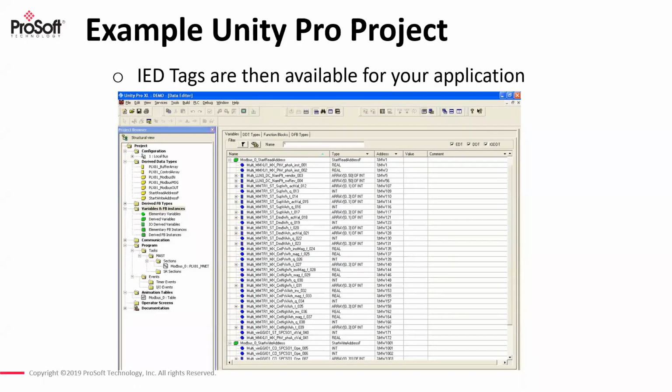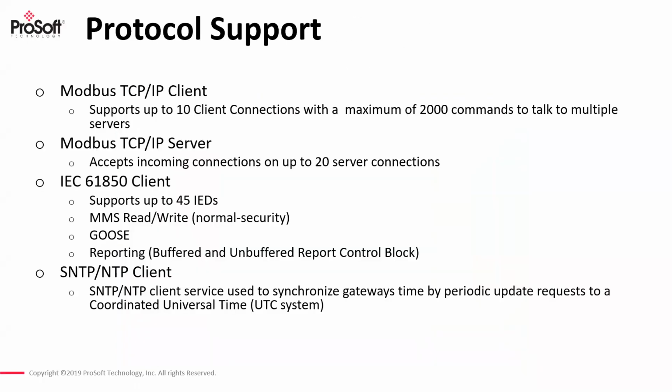But since the module is just a Modbus TCP/IP client or server device, it can be used with other non-Schneider Electric devices as well, and just operate as an independent gateway device